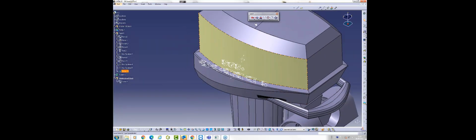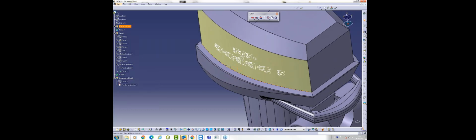Now let's talk about projection and vectorization. So we'll go on a motorboat, like you can see it here. So the first example will be to do a projection. So we will select axis, the text. So it's sometimes easier to select it on the tree. So you see it's a special font. And you will select, so you can select the same axis if you need the same axis and the surface to project, preview the result. It's good, you can validate it. So really quick to use.